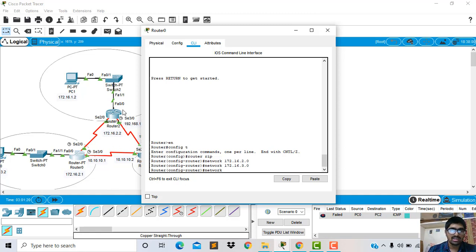Now I have given 172.16.2.0 to access, from the left side router 0, router 2 to reach PC1. For PC1 I have to give the network address 172.16.1.0.